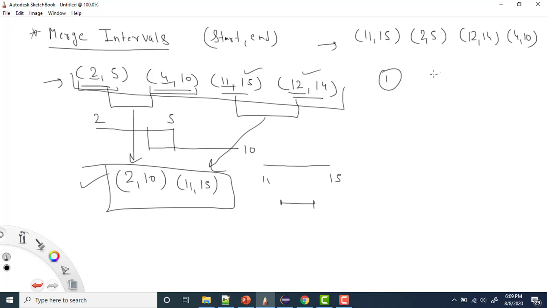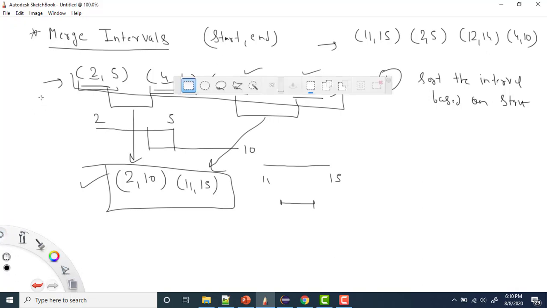So this is what the first point is. The first point is that you will sort the intervals based on the starting value, right? Based on the starting value. For that we can simply use Collections.sort, and we'll sort on the starting value. So this is the first approach, right? Once you sort, you would get something like this one. So let me write here clearly so that you can know what is happening.